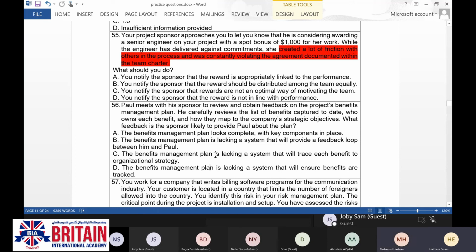So when it comes to resource management, as I told you, we have planned resource management, we have estimated resources, we have acquired resources, we have developed resources, we have managed resources, and we have monitored resources. When you make the plan for your resource management, you are going to develop the expected performance from your team, the ground rules, the policies and procedures, and the rewarding system.